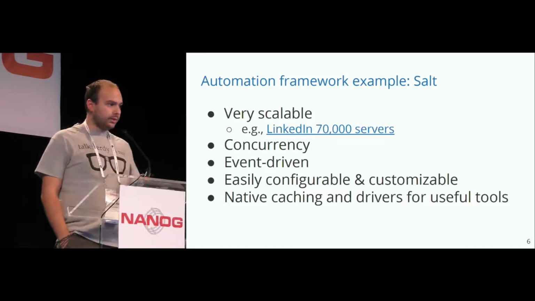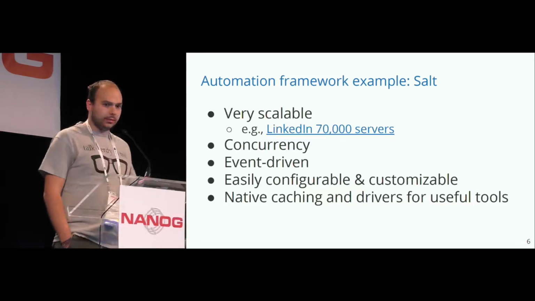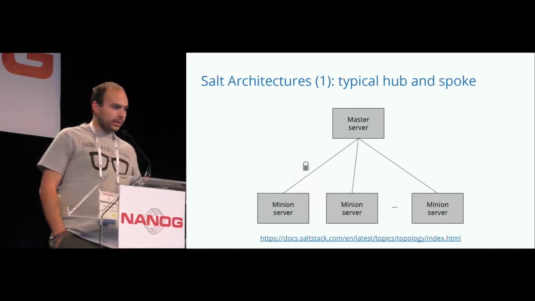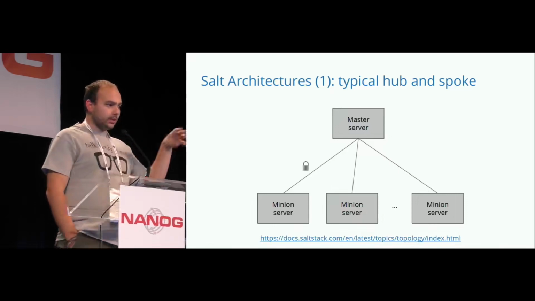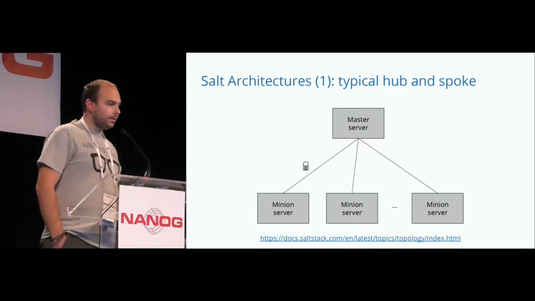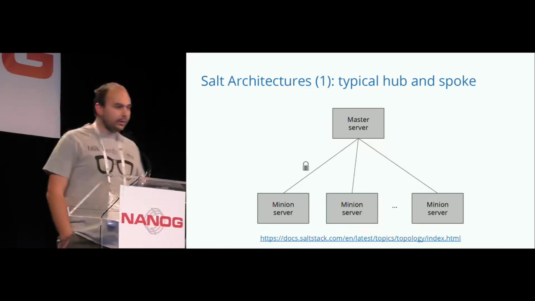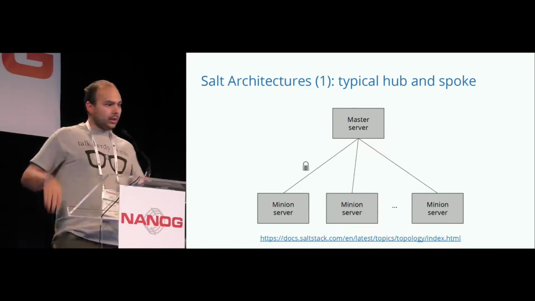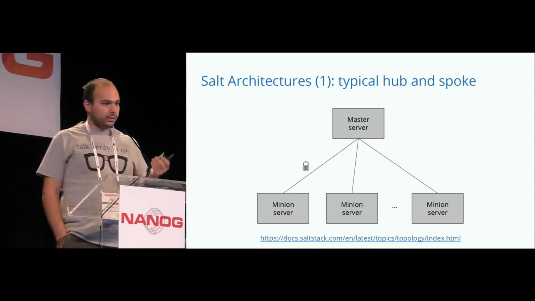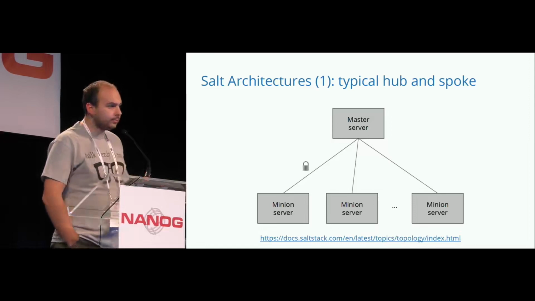Salt is also good for event-driven automation if you need it. It's easy to configure, customizable, and also caches some details for you. In general, the architecture of Salt is hub and spoke, meaning that you have a server where you install software called Salt Master, and on the other servers that you want to manage, you install a product called Salt Minion. They are all open source and free, but you need to install it on the device you want to manage, while on a traditional network equipment, you can't do so, but you can on open boxes or in containers.